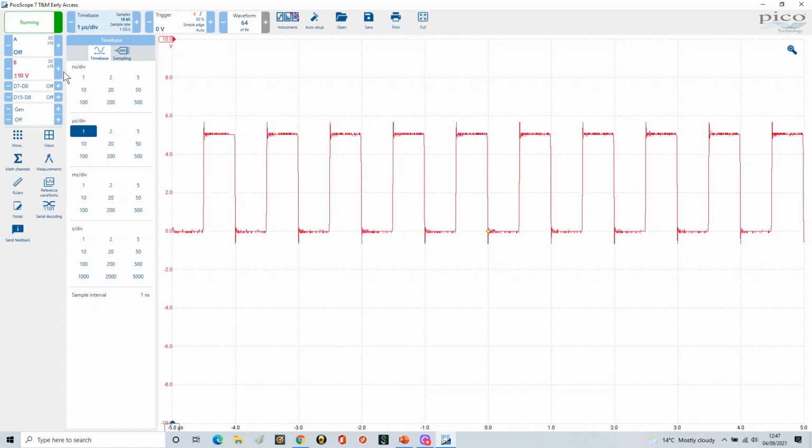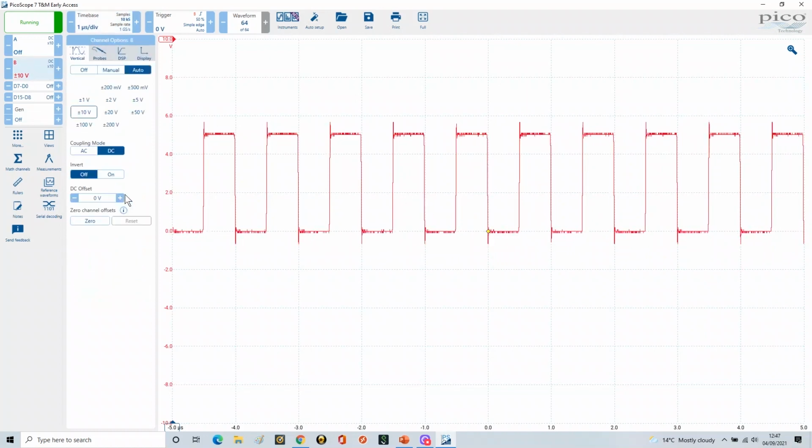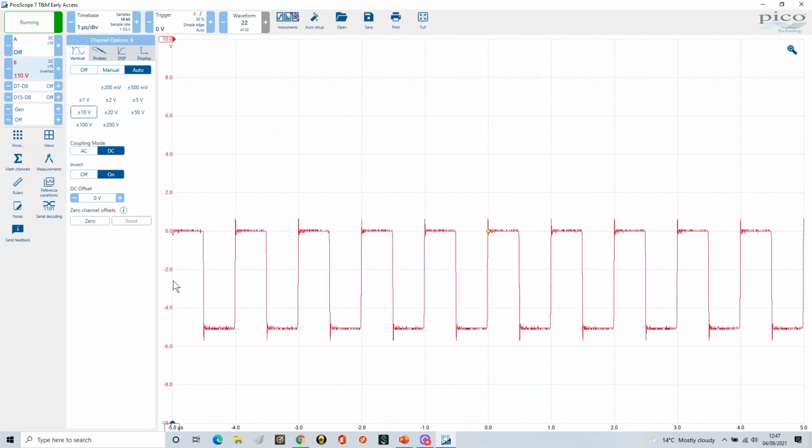So what I'm now going to do is go back into our channel B and turn on the invert. When I switch this on, you will now see that rather than a signal going from 0 to 5 volts, it's now going from 0 to -5 volts. Invert is a really useful feature, not so much in digital circuitry, but very useful in analog circuitry when you're looking at sine waves, because it allows you to look at the phase shift in quite a lot of detail. You might have an op-amp, for example, which is an inverting op-amp,